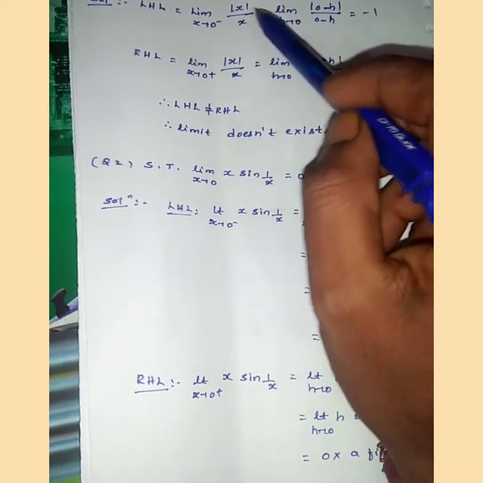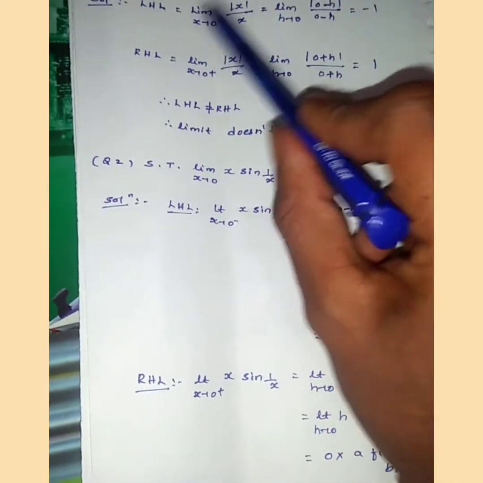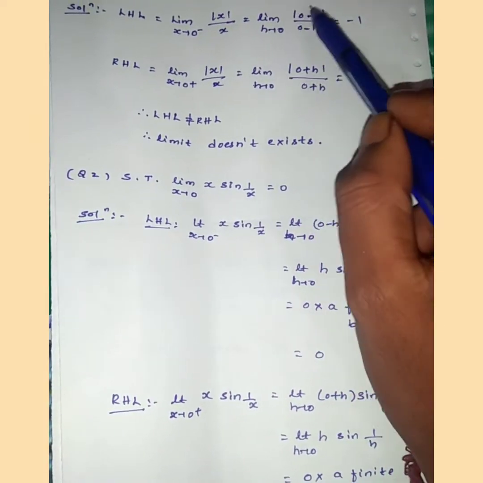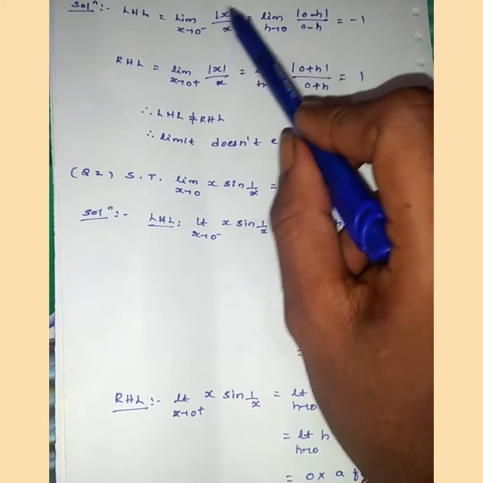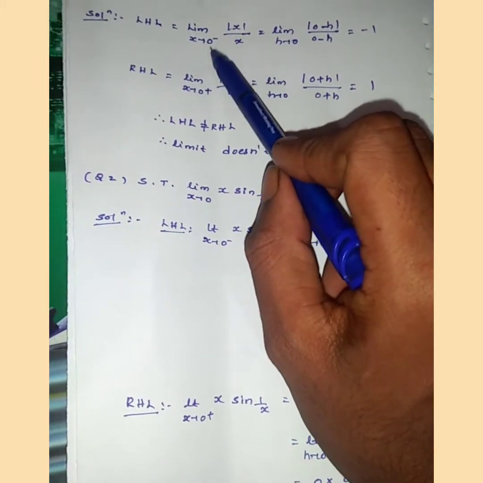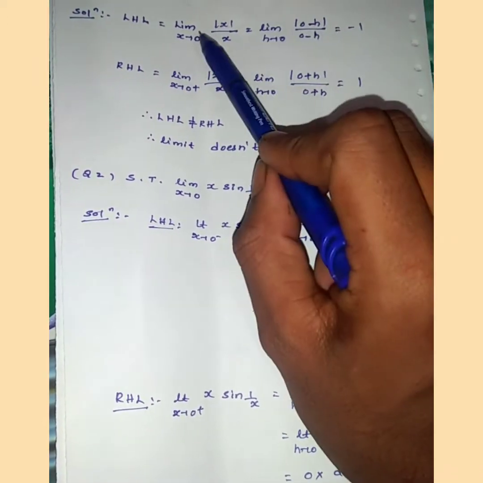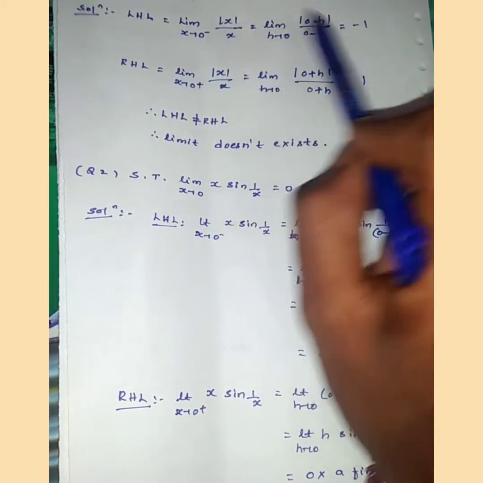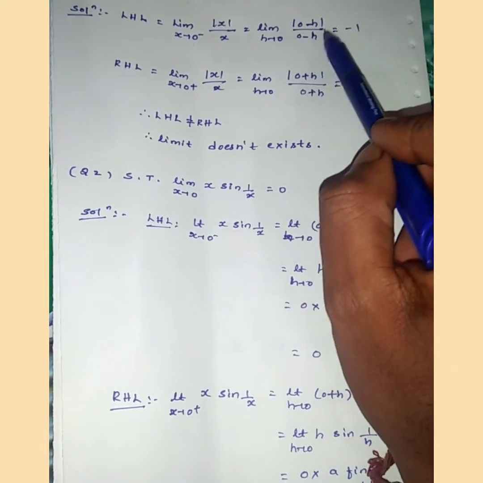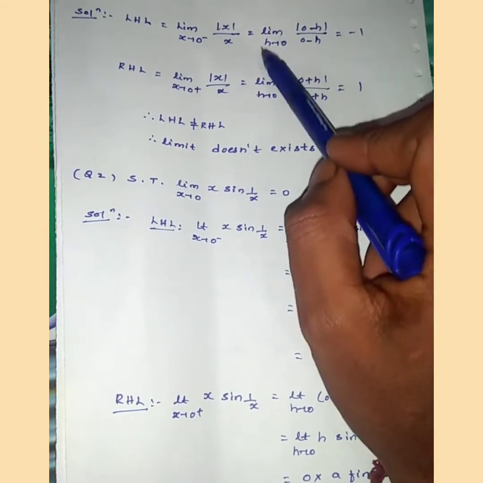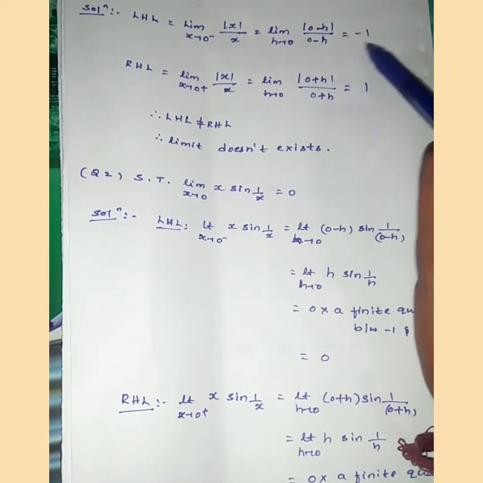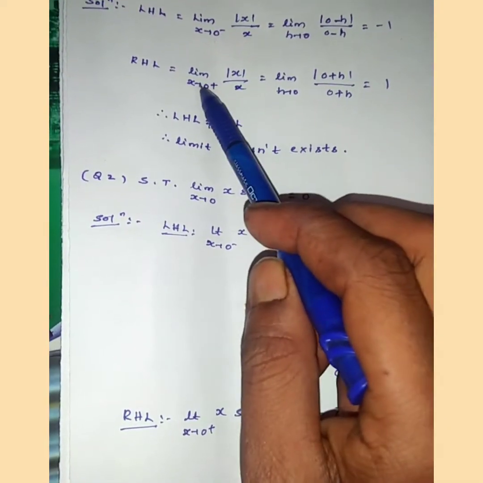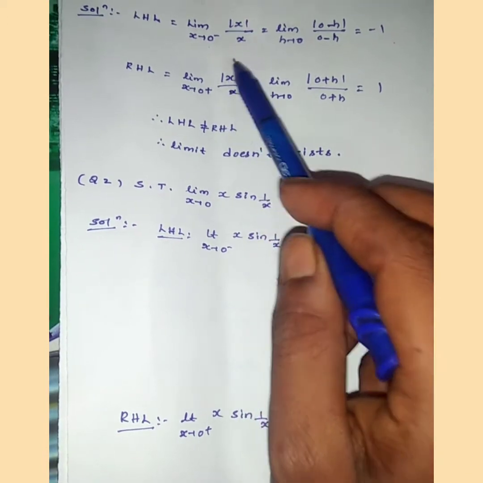We are applying the left hand limit definition: limit x tends to 0, in place of x we replace 0 minus h, mod of 0 minus h by 0 minus h, and as h tends to 0 we get the limit as minus 1,